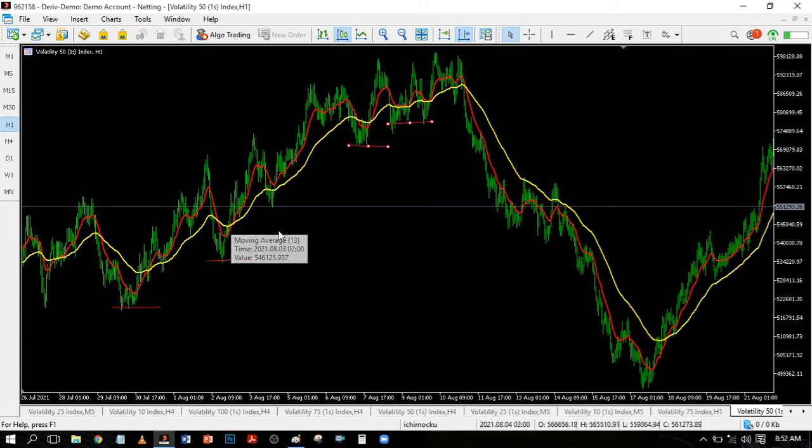I know that this is certainly going upwards. So I entered at the pullback. Definitely, I set a convenient take profit, and it's sure to hit that take profit. Now, definitely, it's an uptrend. So it's certain that when the market pulls back from here to here and then pushes up, since it's an uptrend, it's going to surpass this level. As you can see, it pushed above this level. So I can enter here, then place here as my TP, because I'm certain it's going to reach here.